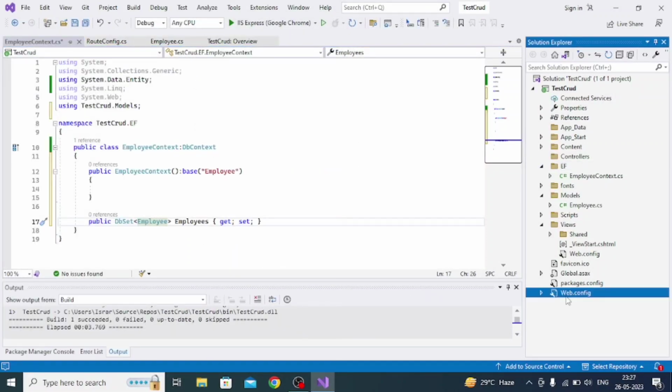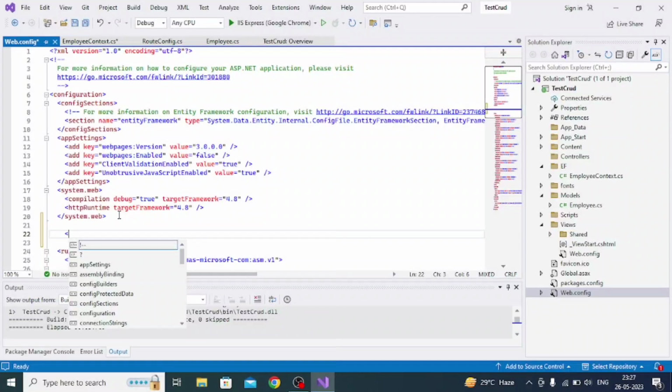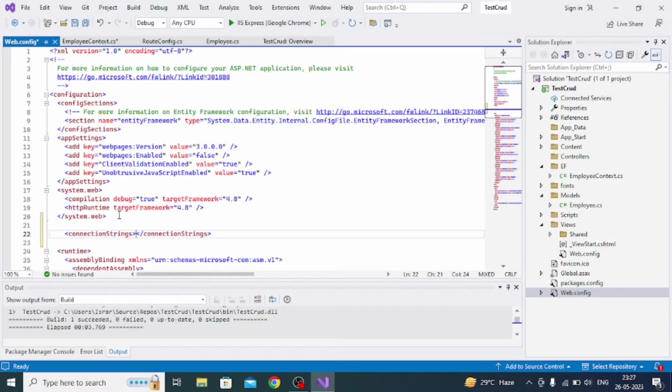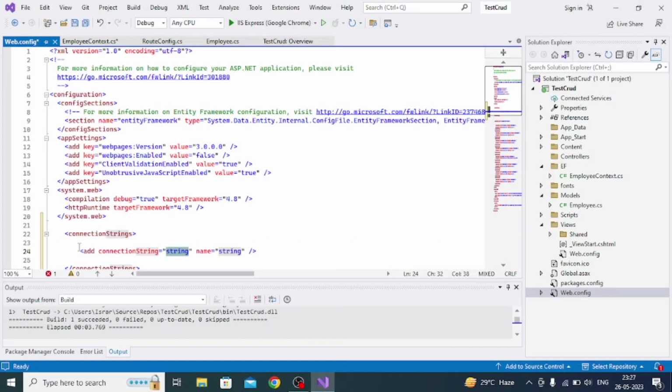Then go to the web config, then make the connection string, then we have to add in the connection string, add. So we have already copied that connection string name. We have to just paste here by Control V, and we have already taken the name of this as an employee, and now